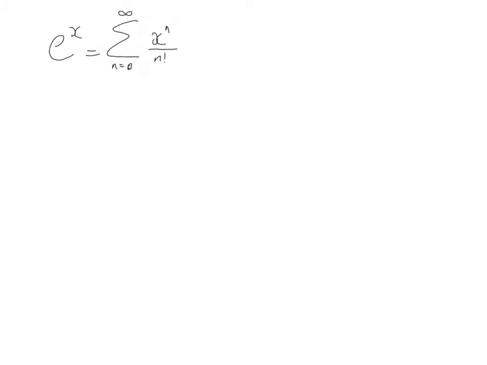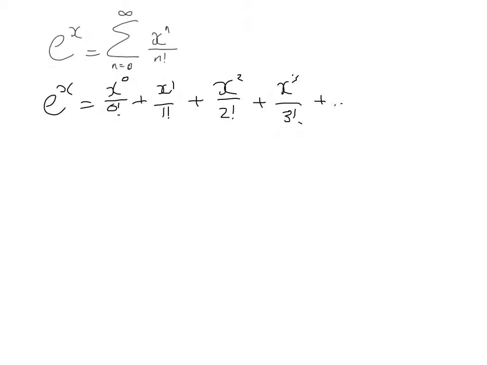Well, if we get rid of that sigma notation and show you what it's saying, it says e to the x equals, if n is 0, we'd get x to the 0 over 0 factorial, plus x to the 1 over 1 factorial, plus x squared over 2 factorial, plus x cubed. It's a nice little series, isn't it? It's a really simple one, plus dot dot dot. So what it's saying is that e to the x is equal to 1 plus x plus 1 over 2 factorial x squared, plus 1 over 3 factorial x cubed, plus forever,